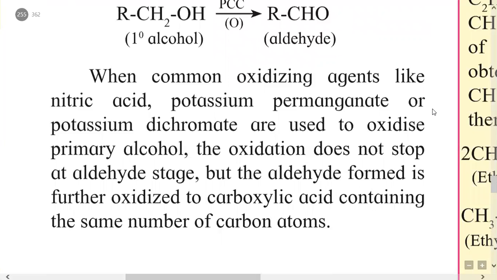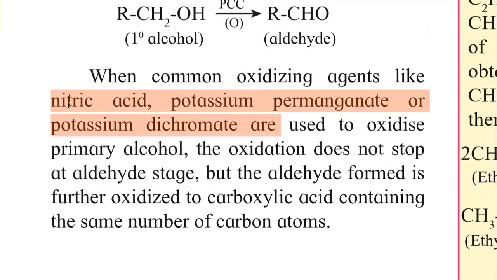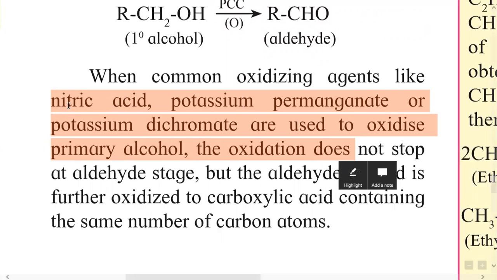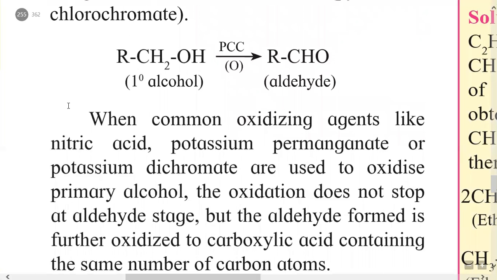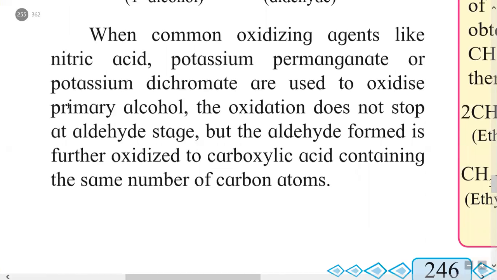So the common oxidizing agents like nitric acid or potassium permanganate or potassium dichromate are used for oxidation of alcohols, but these oxidizing agents do not stop oxidation reaction up to aldehyde stage, but this aldehyde is further oxidized into carboxylic acid, and therefore to stop this oxidation reaction at aldehyde stage, we can use a special oxidizing reagent, that is PCC, pyridinium chlorochromate. That is the specialty of this